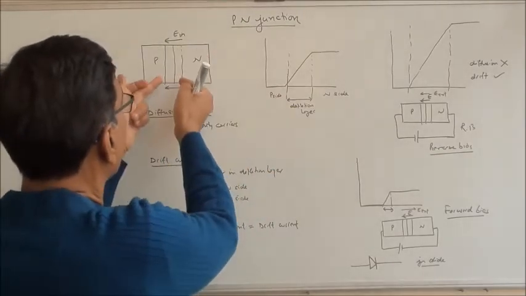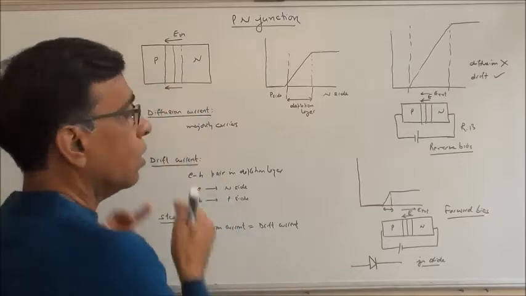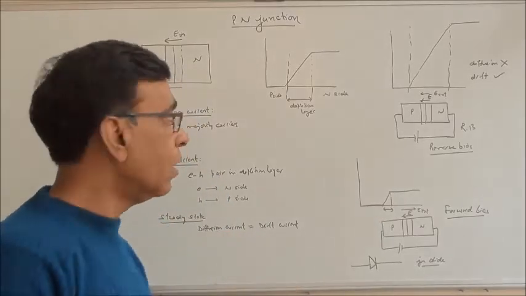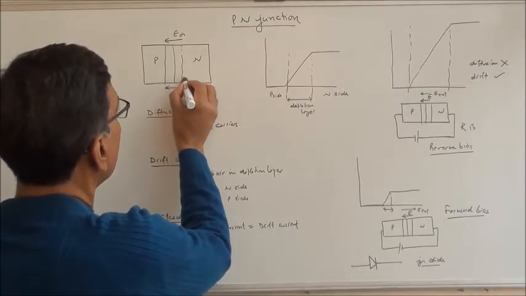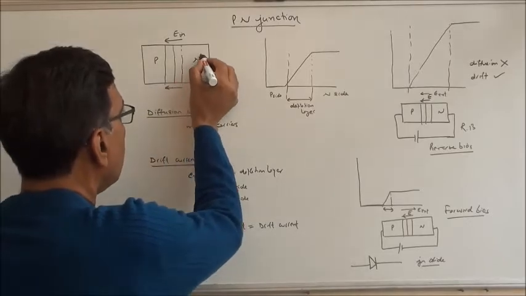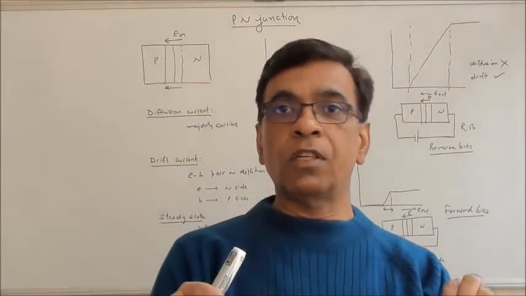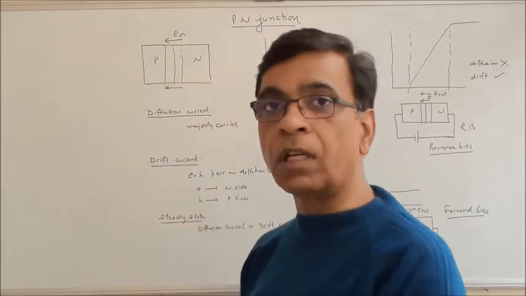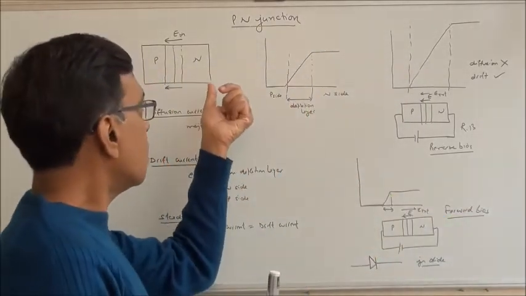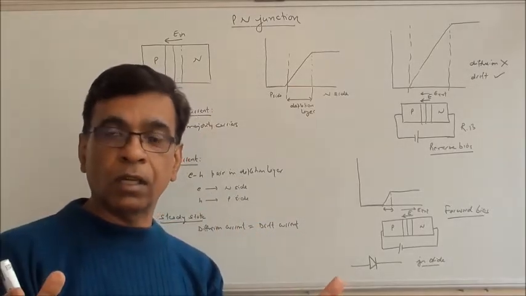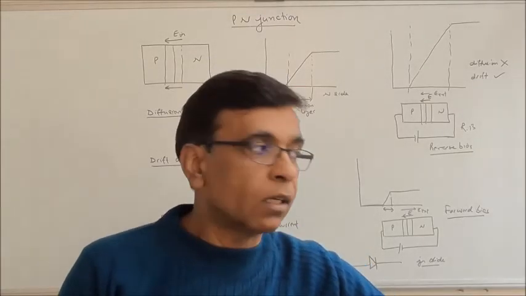So what will happen? There is an electric field. The electron which has been produced will be pushed to this side and the hole to this side because of the internal electric field. So the electron produced will move to this side and the hole to this side, while the majority carriers, the electrons, were moving to this side. So both are in opposite directions. This current we call drift current, which is because of the electron hole pair produced, electrons moving to the N side, holes moving to the P side. In steady state, equilibrium state, drift current equals the diffusion current.